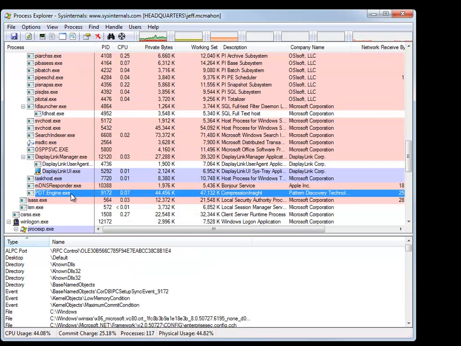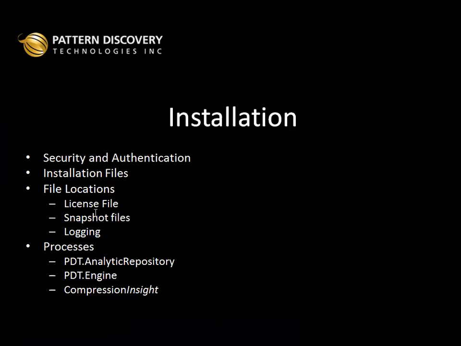The PDT engine does all of our data collection and analytics, and it runs as a Windows service in the background all the time, regardless of whether you're logged in or not. So that covers installation of the